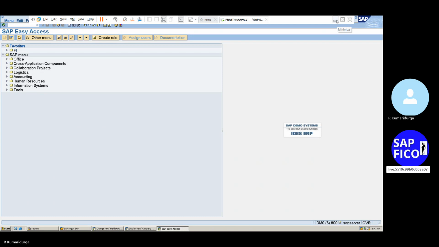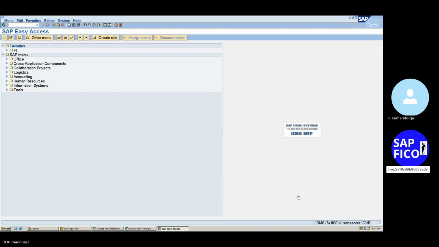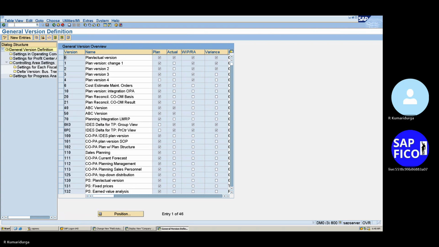Set versions using transaction code OKEQ. Okay, so we will have the navigation path as well as the transaction code. Okay, no issue. Go to the OKEQ transaction code, ma'am. Okay, so